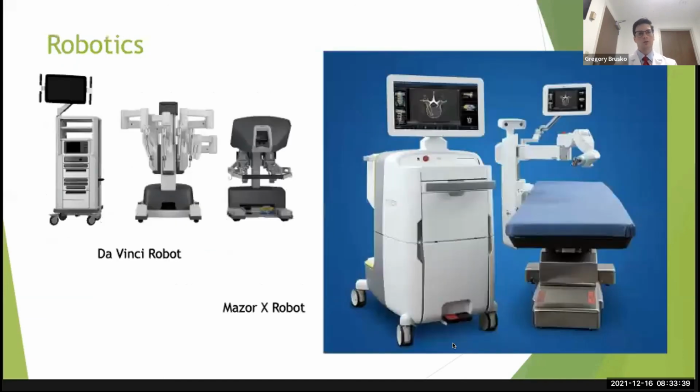And then moving on, of course, robotics has become very popular. The da Vinci robot and a couple of case reports have been used to describe excisions of some paraspinal lesions. Whether or not this is going to carry over and the technology will be used for intradural lesions remains to be seen. But I think at a minimum, robots like the Mazor X, which are instrumentation guidance systems, definitely will allow for more accurate screw placement, particularly in some of these complex reconstruction cases for big spinal metastases and vertebrectomies, may make